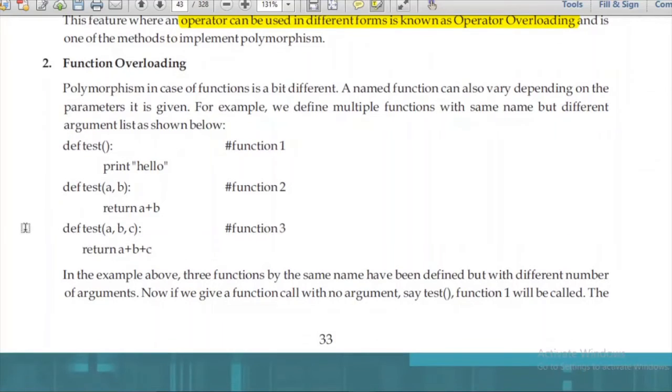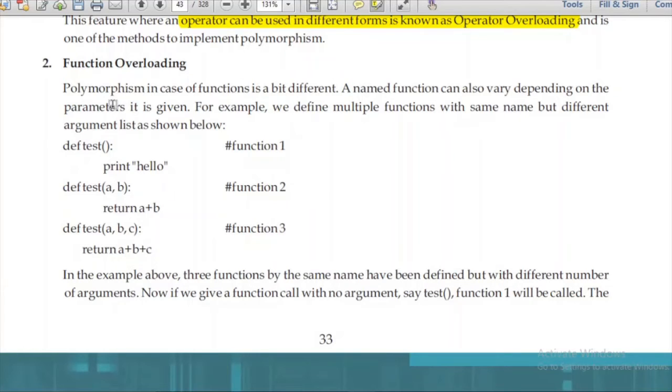You will study functions in coming classes. So what is a function? A function is basically a set, you can say a reusable code, which can be used later. Okay. So for example, if I have different types of functions, say def test(a, b), where a and b are the parameters being passed. We will study functions in detail later. You just understand that all these have the same name, test, test, test, but they are different. Why? Because the parameters which we are passing in them are different.